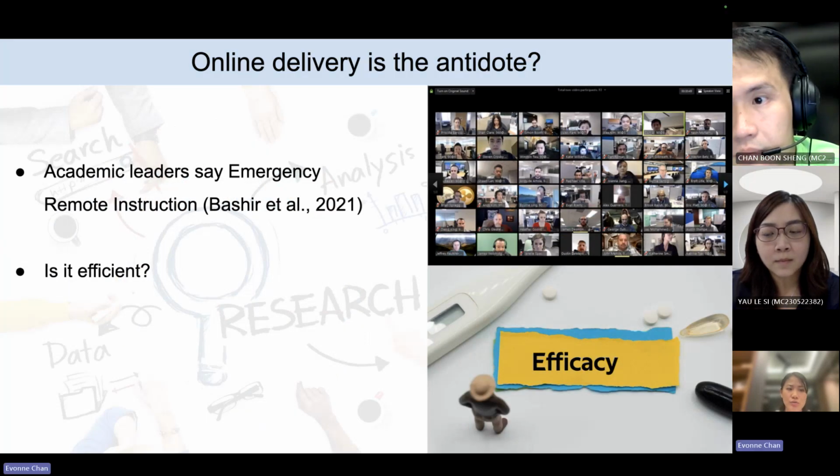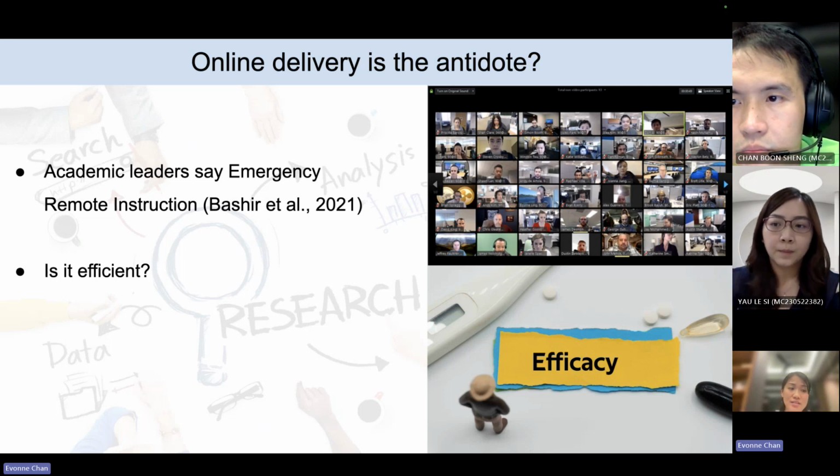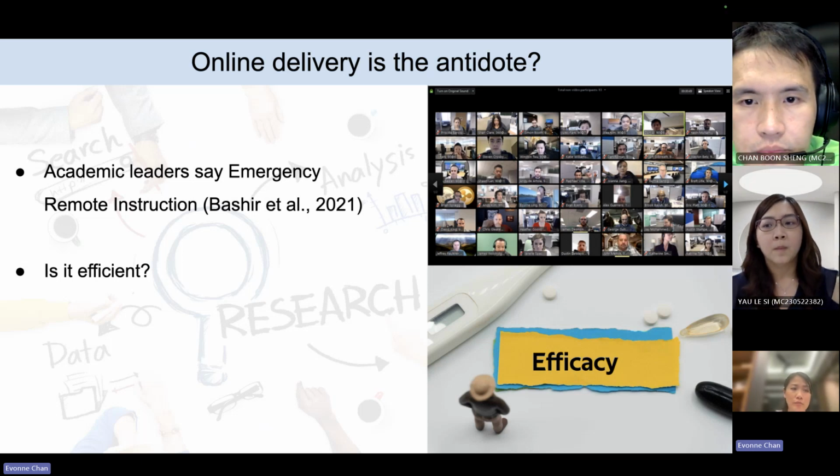To go around this issue, academic leaders used emergency remote instruction, ERI, as an antidote to address the problem of lesson delivery. But the question is, how efficient is remote learning?